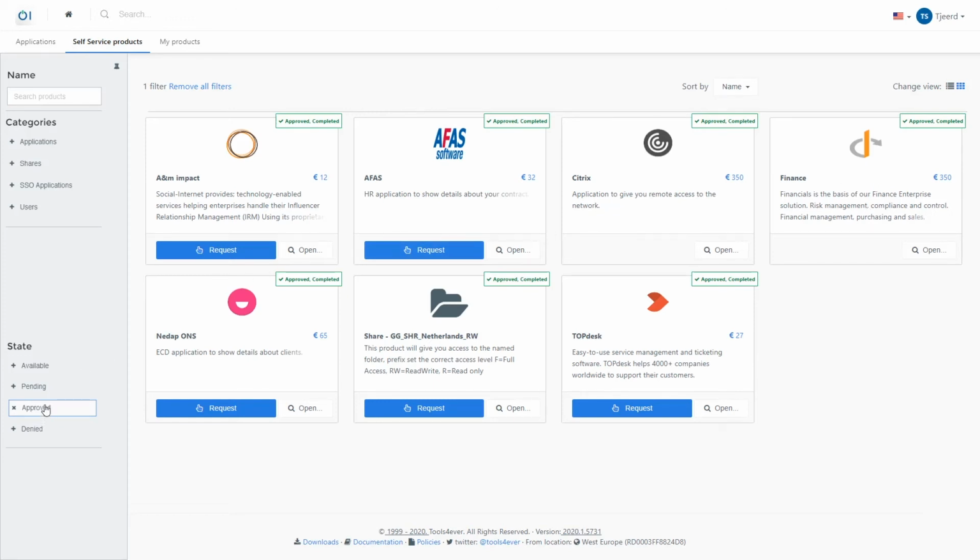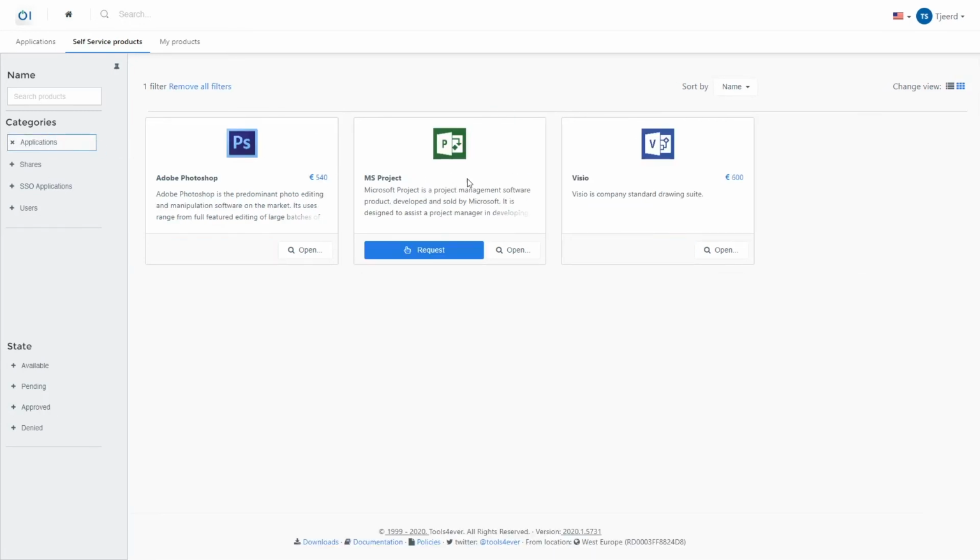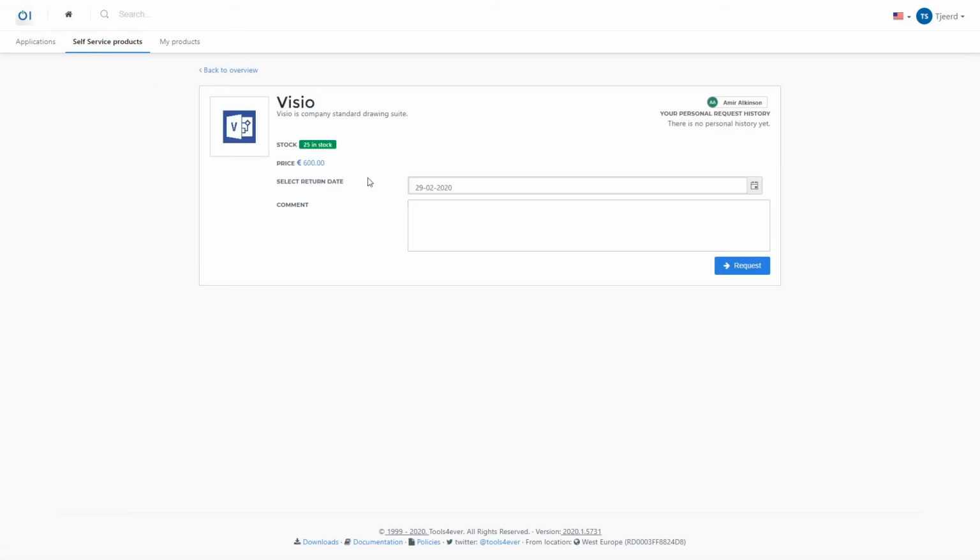We are back in the portal logged in as Cheered. Now, Cheered can request access to an application. So, for example, he wants to have access to Visio. Before he requests access to Visio, he can see how many licenses are still available for the organization, 25. And he can see the approximate price for the application and that there is a time limit on this